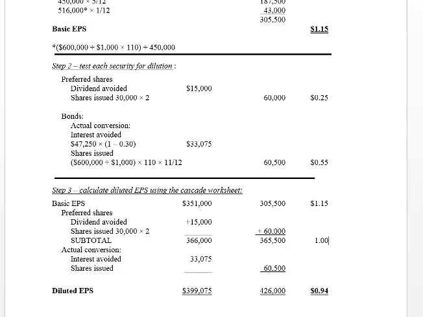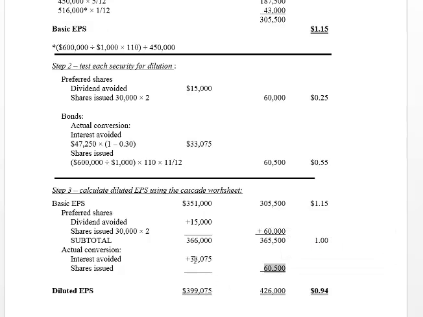So now if we add in the bonds, what do we have? We see here that we would have avoided interest that we calculated up here in step 2 of $33,075 if we had converted the bonds 11 months earlier. We would have avoided expensing all of that interest, which means we would have had an extra $33,075 available to our common shareholders. And if we had converted those bonds earlier, we calculated up here that on a weighted basis, if we had 11 months earlier converted those bonds to shares, we would have had an additional 60,500 shares outstanding on a weighted